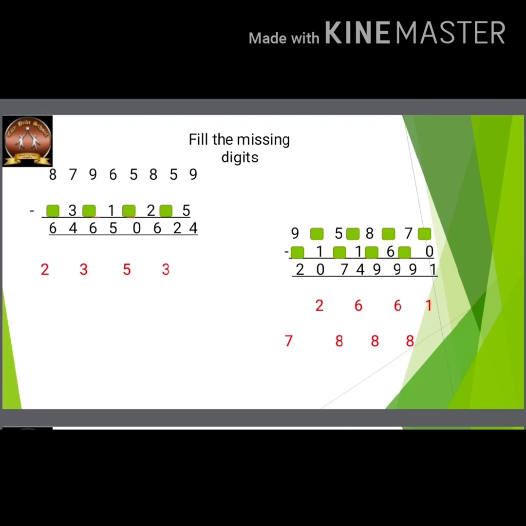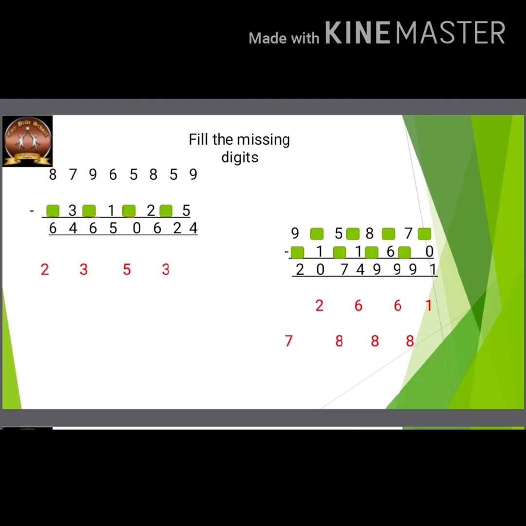Now here what minus 1 will give you 4? You have already borrowed from that box. That you have to keep in your mind. So if it was 6, I'll get 5. So it has to be 5 minus 1 will give you 4. But am I going to write 5 there? No, I will write 6 because I have borrowed 1 from there.